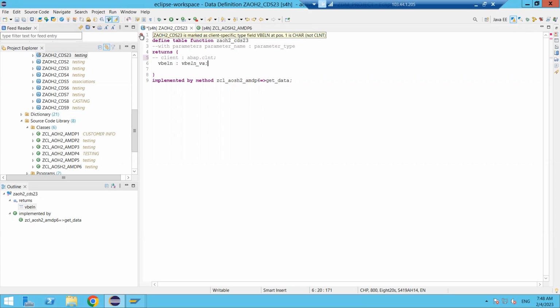Client specific. Okay, so it means the CDS view will automatically handle the client. So if we execute the CDS view, then what will happen? Whatever the current client information is, only that data it will display. For example, I have opened client 800 and executed the CDS view, then it will pick the data only from client 800,